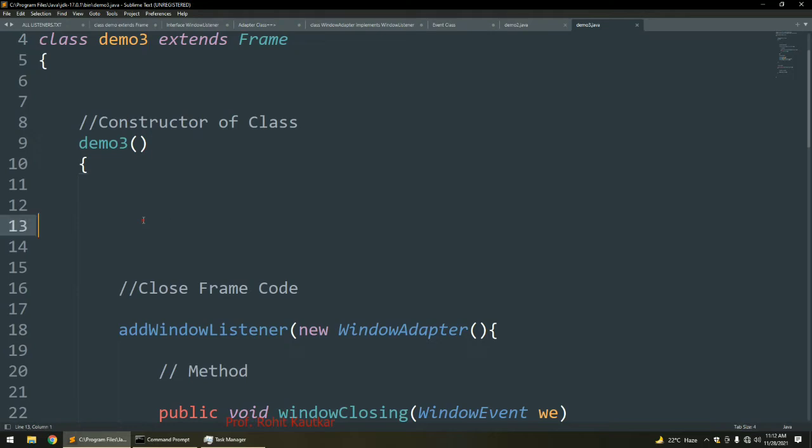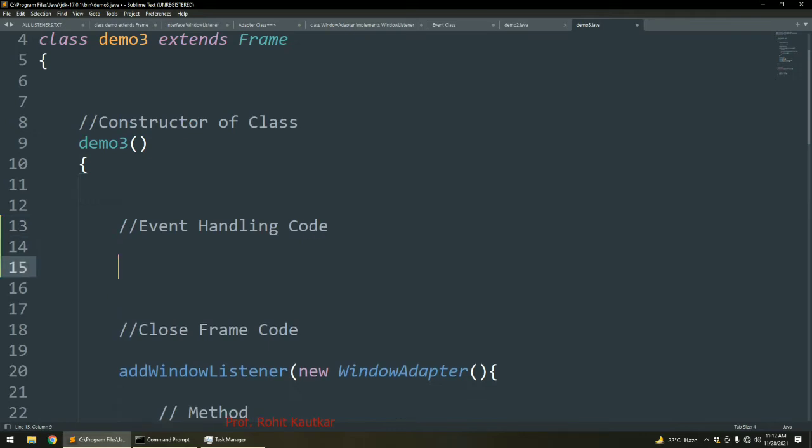Now I will show you how we will add mouse listener here. For that I will write here event handling code. Now I will first of all add mouse listener to our frame. So how will I add it? The registration method name is add mouse listener.